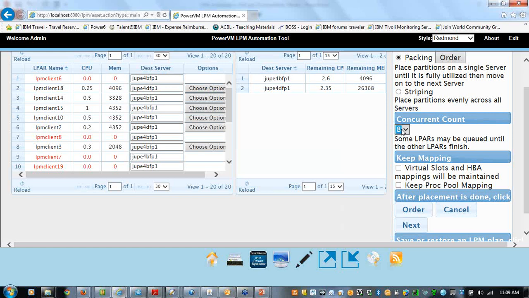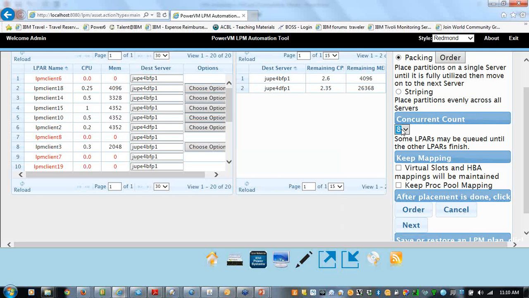If I'm using VIOS server 1 and 2 on a source, use VIOS server 1 and 2 on the destination. If I'm using HBA FCS3 to route my traffic out on source, use HBA FCS3 on destination. I know that I have identically built systems, and I know I have unique slot numbers across all my systems. Or else I have a completely empty system, and so there's nothing to conflict on. You clicked on that button, and we'll move everything exactly as it was on your source and make it like that on your destination.